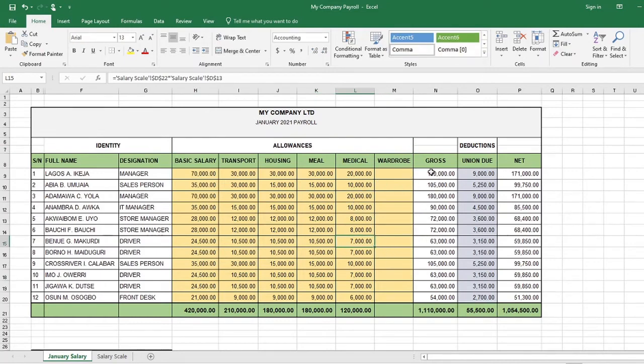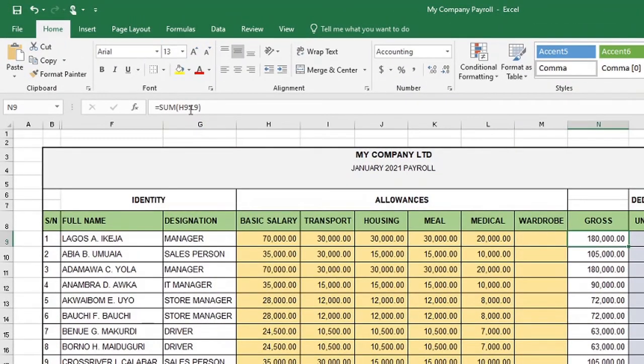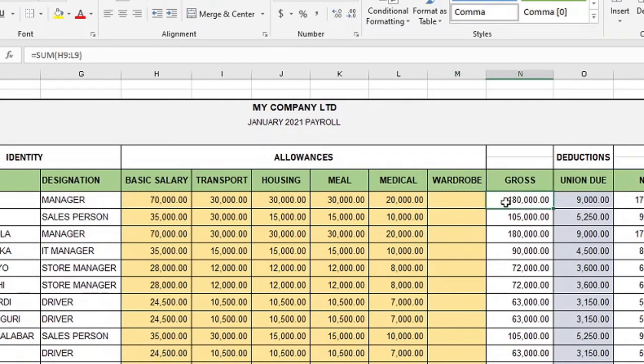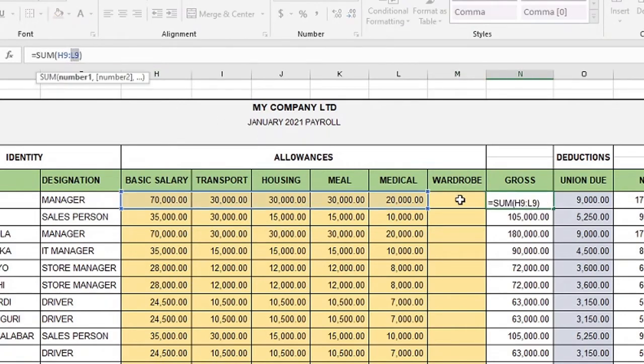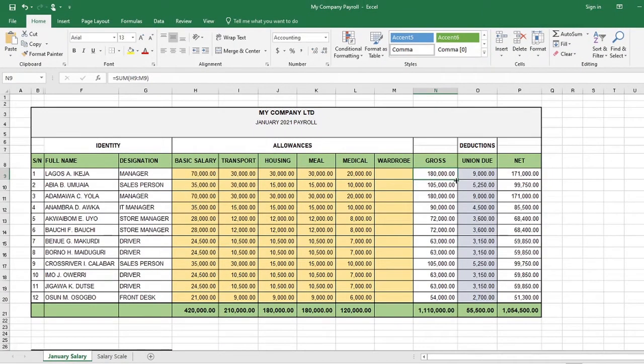Now we need to change this formula to include this cell in our sum. As you can see here, it's stopping at this place. So we just need to change this L9 to, I can just click on it. See, it didn't work, like so. M9, I'll press enter. Then I'll drag the formula downward. This is not new to us. If it's new to you, perhaps you need to go back some few videos to understand what we are doing